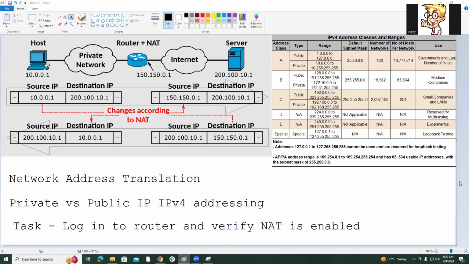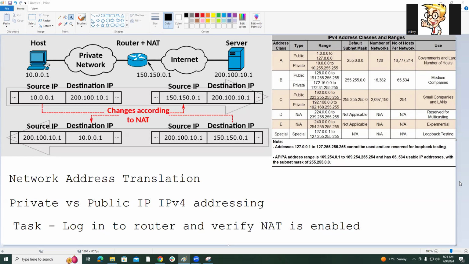Welcome back to another, I don't know if it's performance based, but we have a task. So maybe I won't label this as PBQ. Maybe I will. I don't know. This is the second video I'm making this morning. We're going to talk about network address translation, and we're going to talk about private versus public IP or IPv4